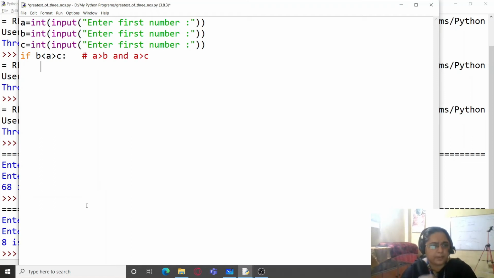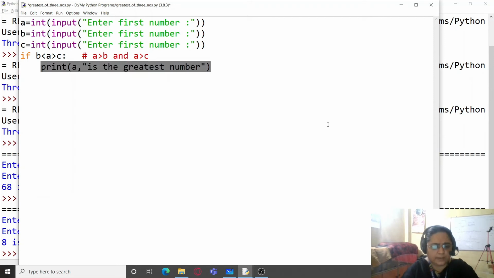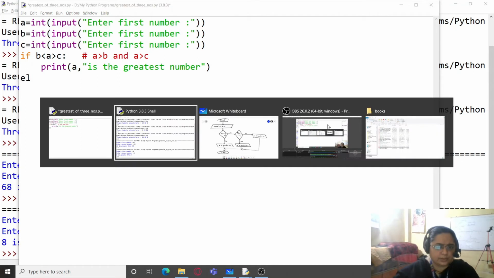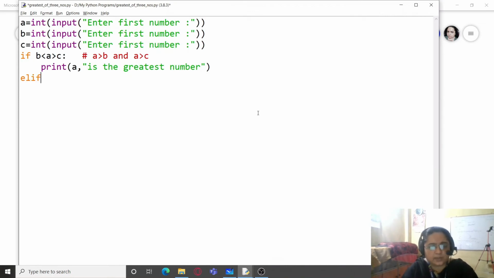So you can write in Python. Python is the only language which allows you to write statements in this form, that is in the pure mathematical form. So if this is the case, then we will write A is the greatest number, and I will copy this also because we will be needing the same template elsewhere. Now, because you can see over here, we have to check two conditions, so it is implied that we will be using an if else ladder. So next one will be, B will be in the center.